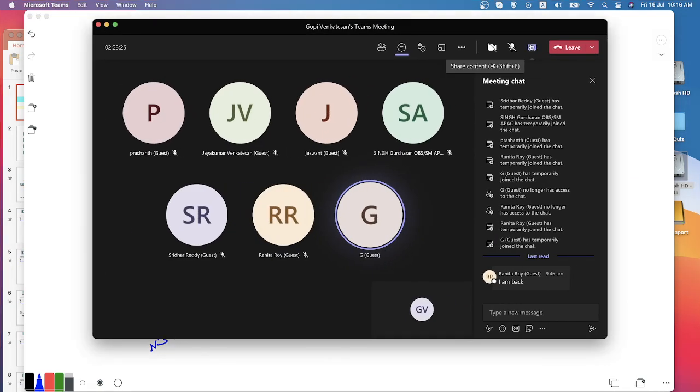Okay, I think the screen is not visible.